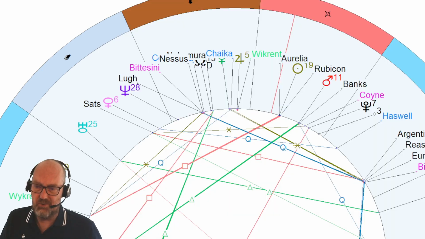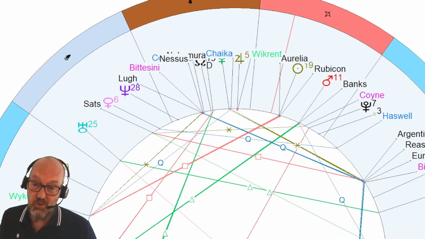Let's look at the sun first. The sun is, by the way, in Sagittarius, which is sidereal. Personally, I like sidereal much more than tropical, and I think it's very to the point that the sun would be in Sagittarius for Bitcoin.